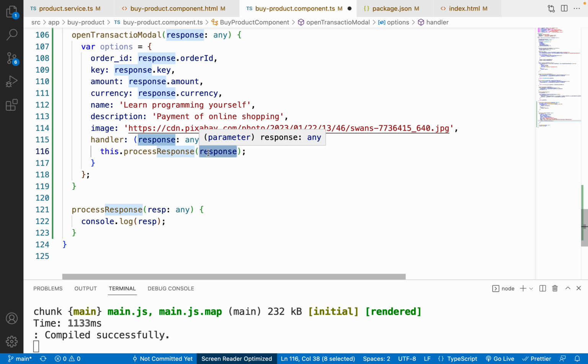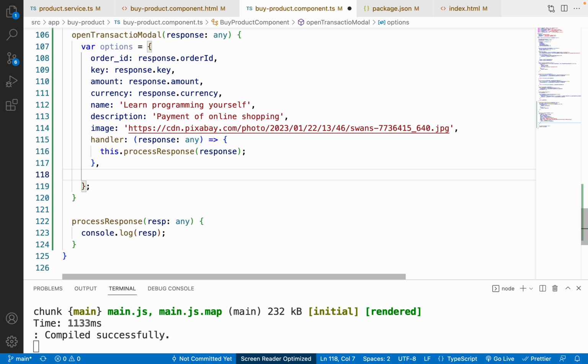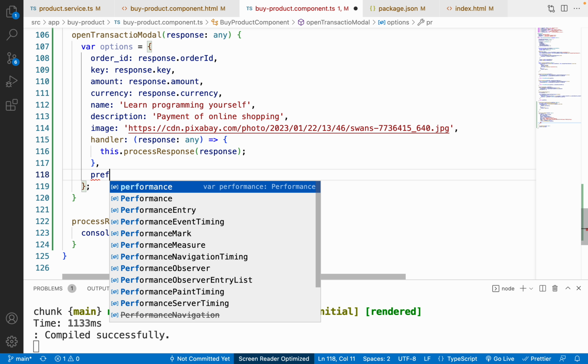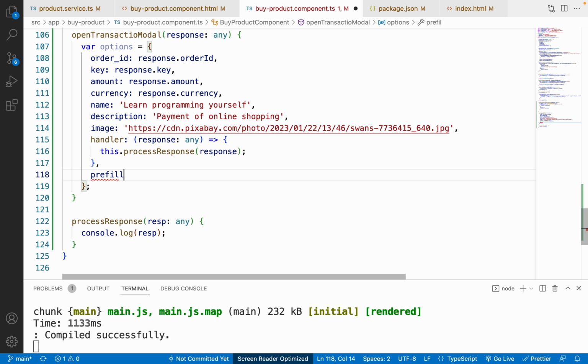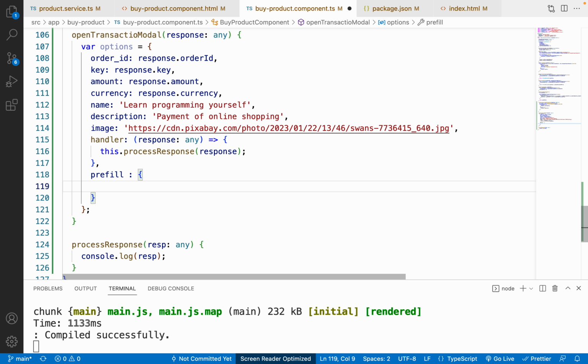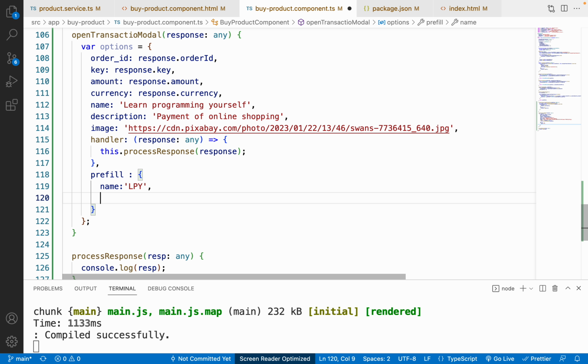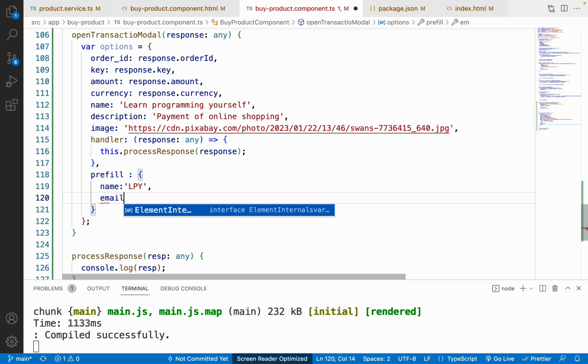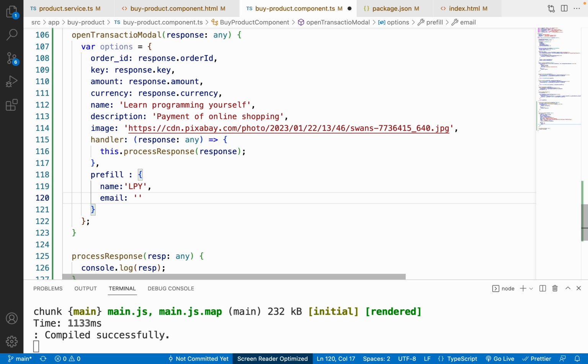Now there are a few more things that we can pass. There is one more option that is called prefill. I'll explain what prefill is all about. Let me use prefill, and inside the prefill we can pass a name. Let me give the name as, let's suppose, LPY, which is Learn Programming Yourself. Email, let me give lpy@gmail.com,